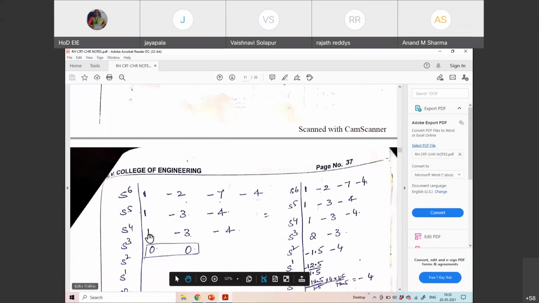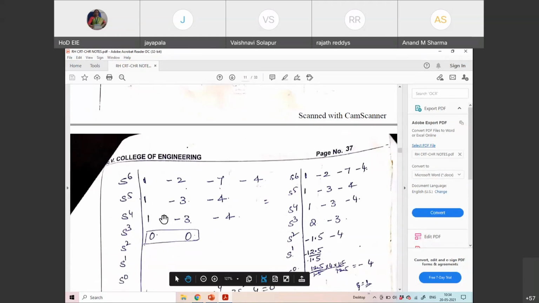Your auxiliary equation would be s to the power of 4 minus 3s square minus 4. So you got the auxiliary equation. It is of the fourth power, so again here you will be having 4 poles on the imaginary axis, correct? Then take the derivative of it, and the derivative coefficients you have to put in the s cube coefficient here, s coefficient here. Complete your root array.